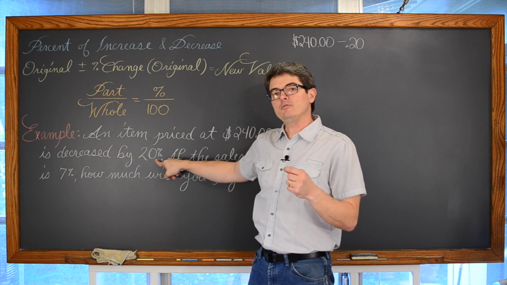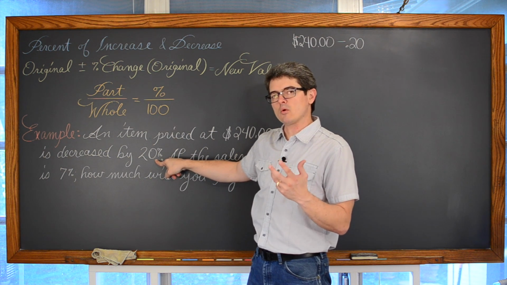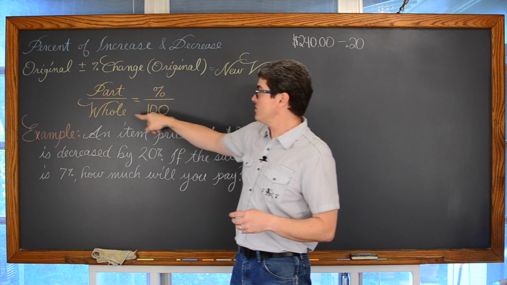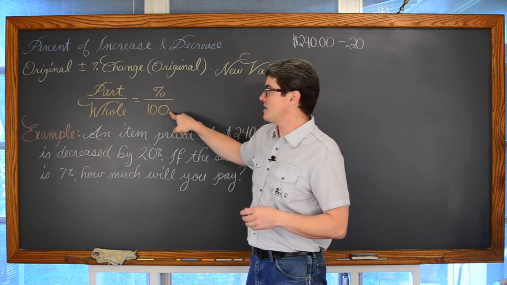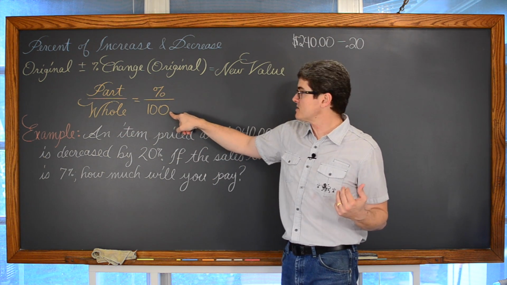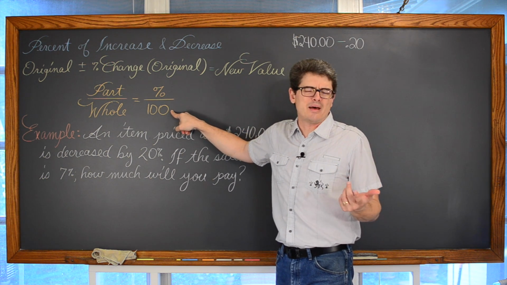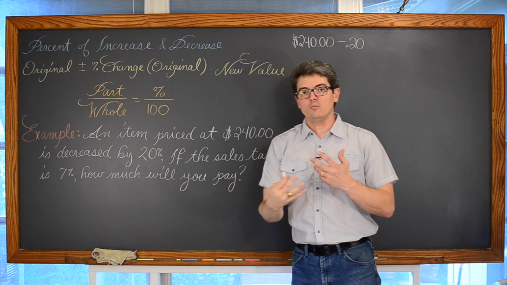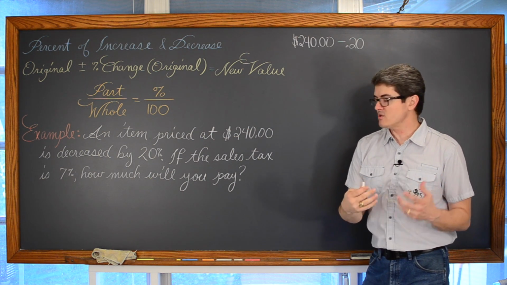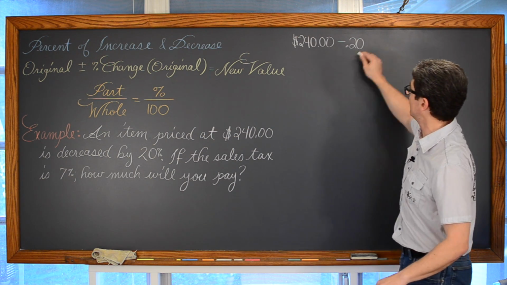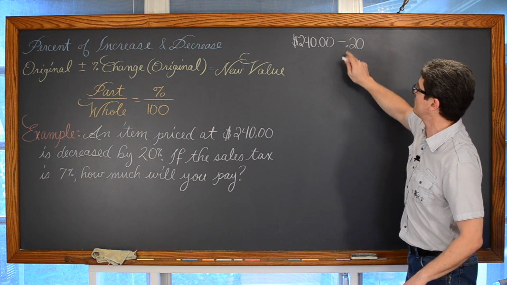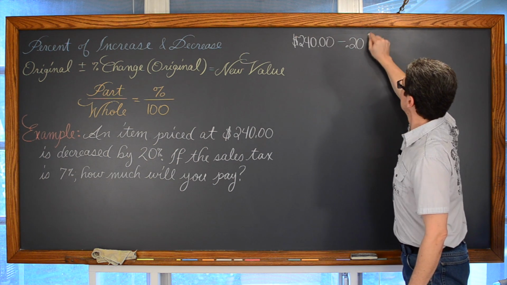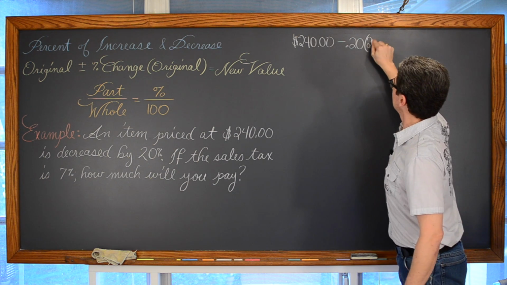We need to move that decimal. We don't really like to work with percents in percent format. That's only appropriate when you're using part over whole is equal to percent over 100, because like I said in the previous lesson, that division of 100 is going to automatically move that decimal for us. We don't have to. But when you're working with percents in any other type of equation format, you need to move that decimal over. So I've taken the 20% and moved the decimal to the left 2 places, and then it's of, that means multiplication, 20% of the price, which is $240.